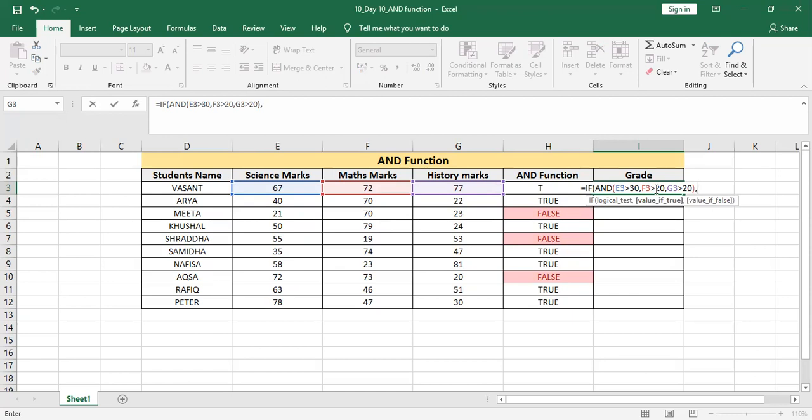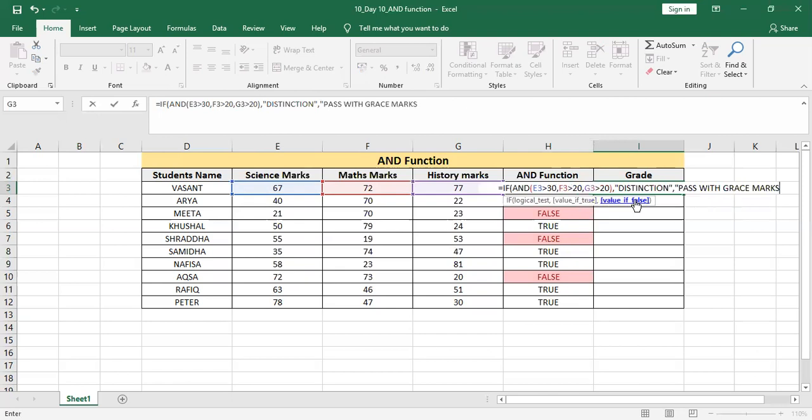Distinction is text, a word, and that's why for text we have to use double inverted commas. I'm typing distinction here and I will complete the double inverted comma. That will be the value if the result is true, comma, double inverted comma again for the value if it is false, it will be pass with grace marks.